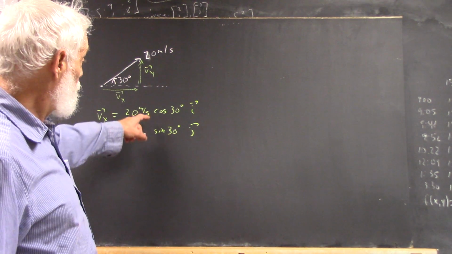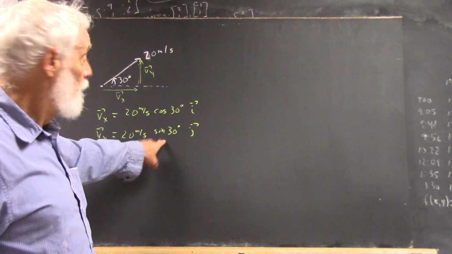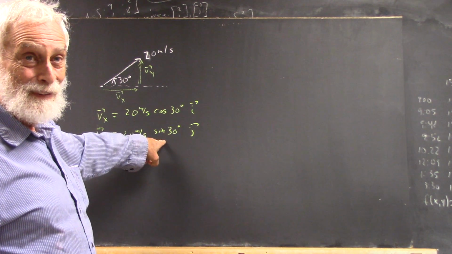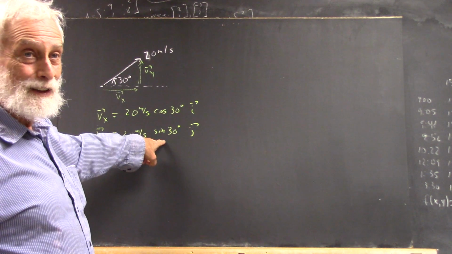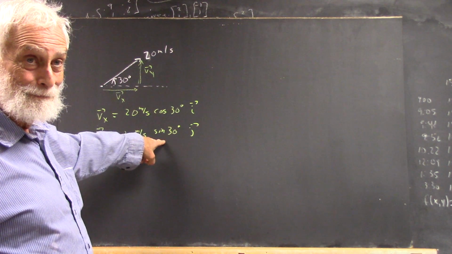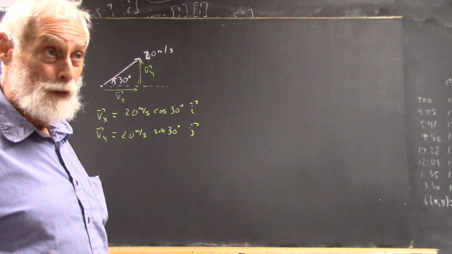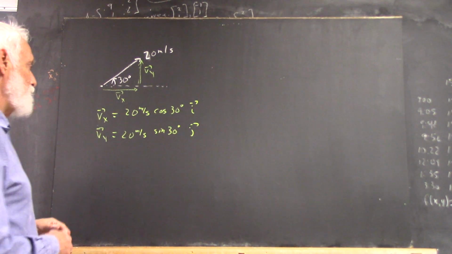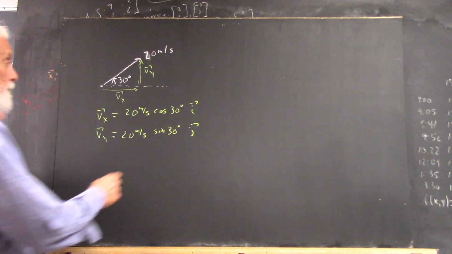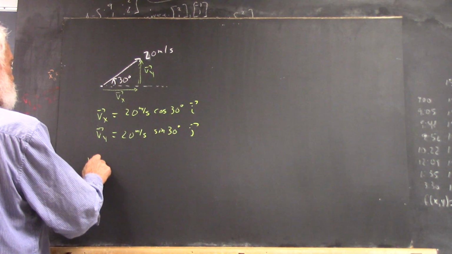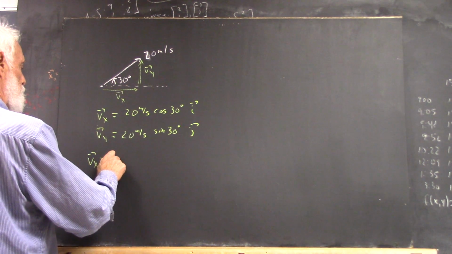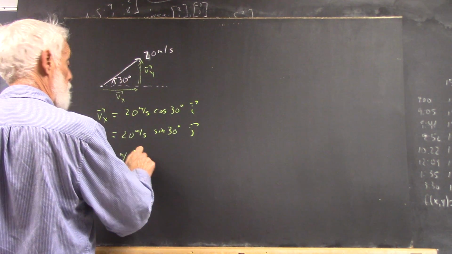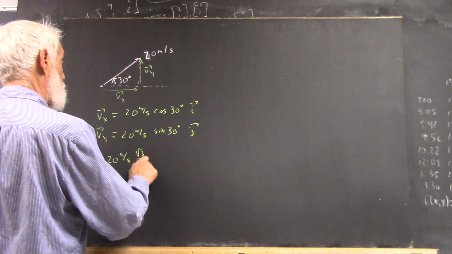I don't care if you go ahead and thumb punch your calculator here, although if you do it on this one, I will hassle you a bit, okay? Because you need to know the sine and cosine of special angles, right? 30 degrees, 60 degrees, 45 degrees, and the angles in other quadrants that make those same angles with the x-axis. Okay, anyhow, so Vx is 20 meters per second times what? Square root of 3 over 2